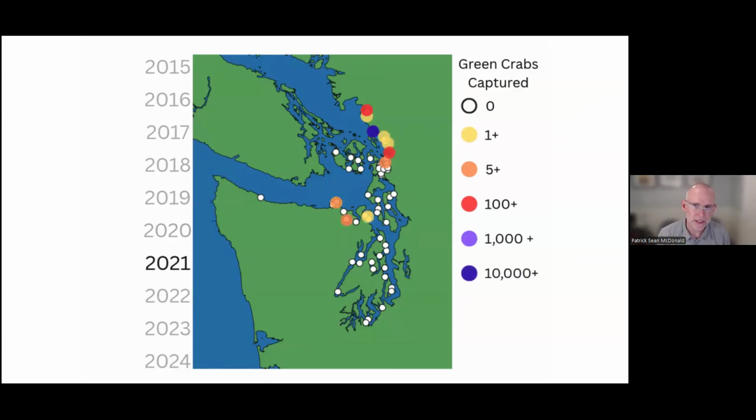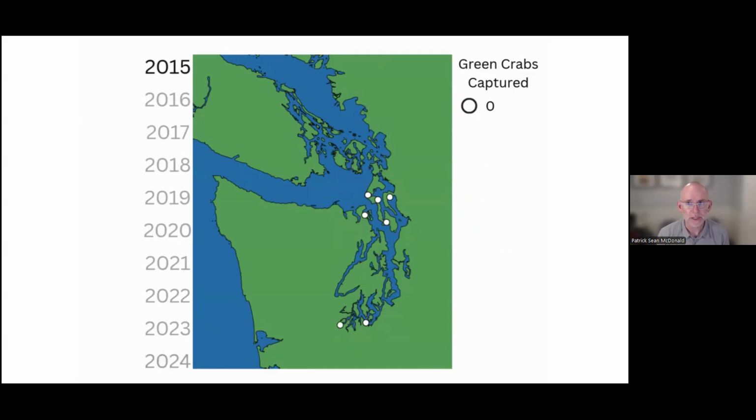In 2020, you'll see those really dark dots show up, and that's because of the area known as the Lummi Sea Pond, which is a very restricted area where the population exploded quite rapidly. And I think in some ways that is indicative of something we need to be mindful of and paying attention to. The important thing is even most recently, where you see a lot more red on the map, we're still talking about